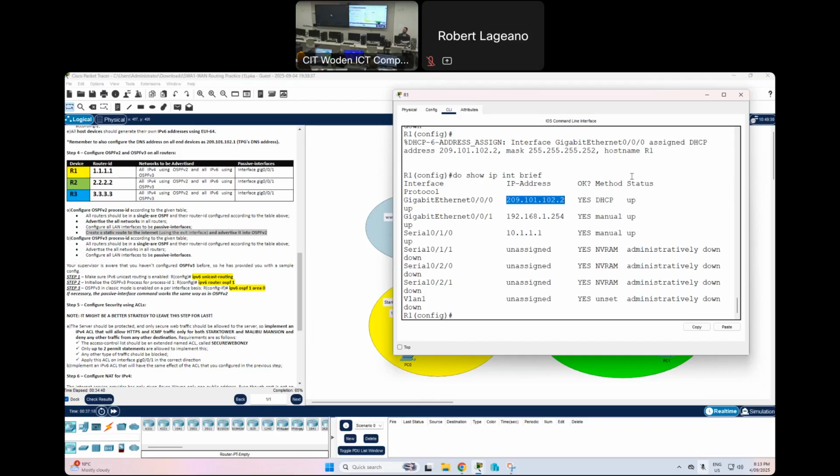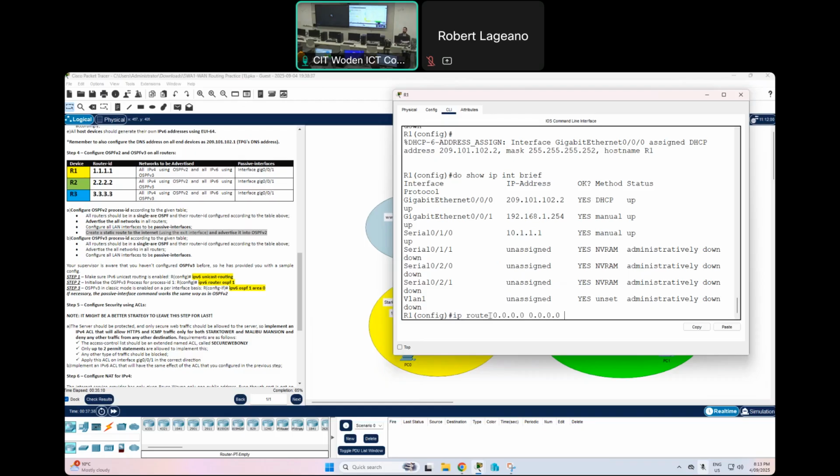So you already configured the ISP IP address, right? The ISP router. Okay. So you just need to configure the interface and you will get an IP from the ISP. Now, you need the static route. How do you do the static route? To the internet. The default route. IP route 0.0.0.0 0.0.0.0